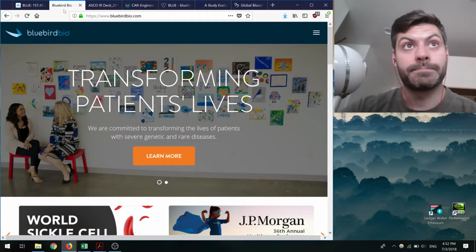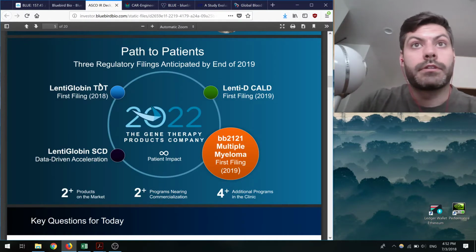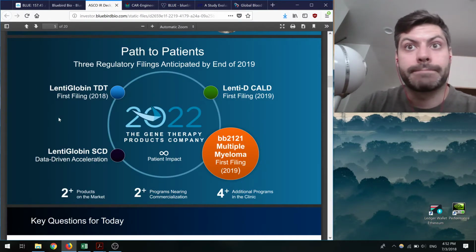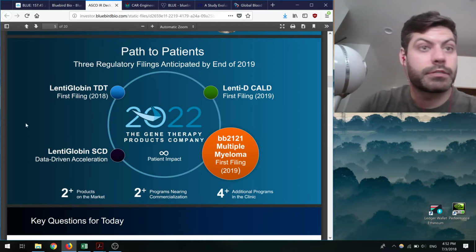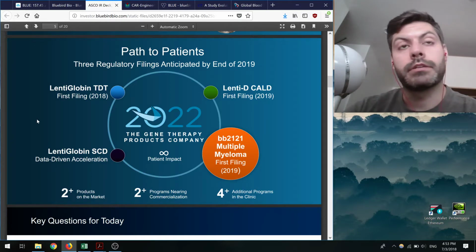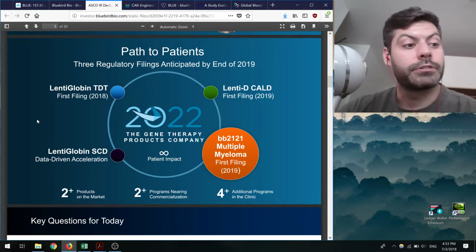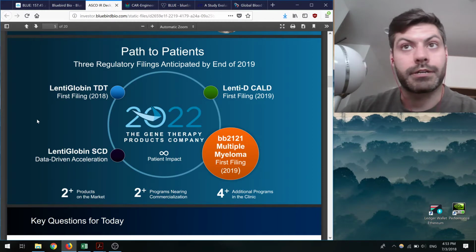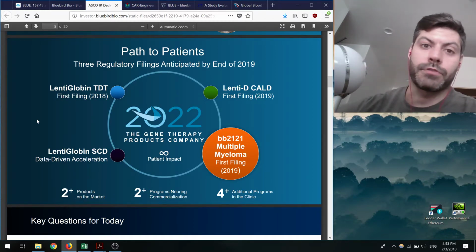So if we go to the slide deck that Bluebird has, like I said, the two different programs. The lentiglobin is for transfusion-dependent thalassemia disease as well as sickle cell disease. And then they're also treating cerebral adrenoleukodystrophy, which is a rough disease for kids. And that's more of a raw